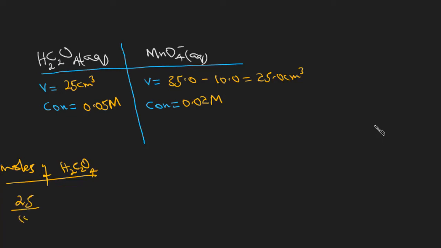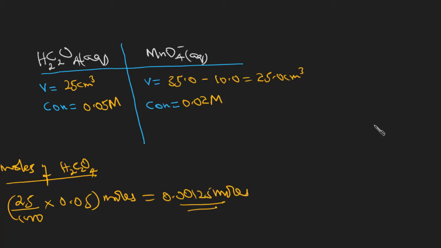We divide by 1000 to get liters, and then multiply by the molarity. The molarity is 0.05, and the number of moles we get is 0.00125 moles. So that is the amount of oxalic acid which has been titrated, and